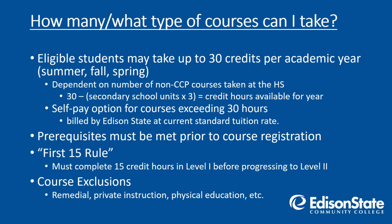There are also a few registration restrictions for CCP students. Students must follow the state's First 15 rule, which states that students must first complete 15 credit hours in Level 1 courses before progressing to Level 2 courses. Level 1 courses consist of highly transferable courses in IT, computer science, anatomy and physiology, or foreign languages, courses that